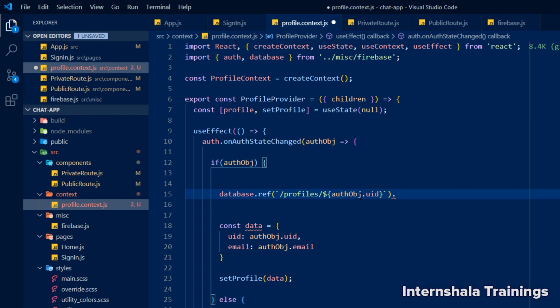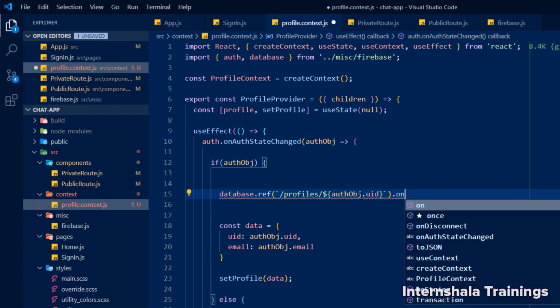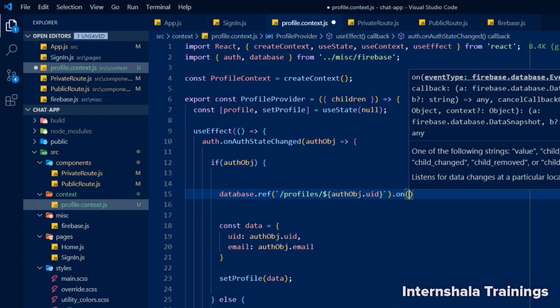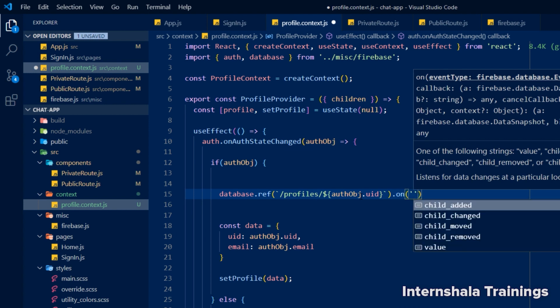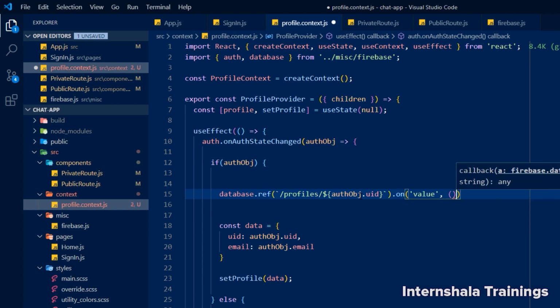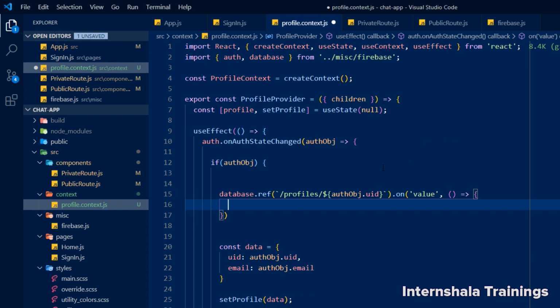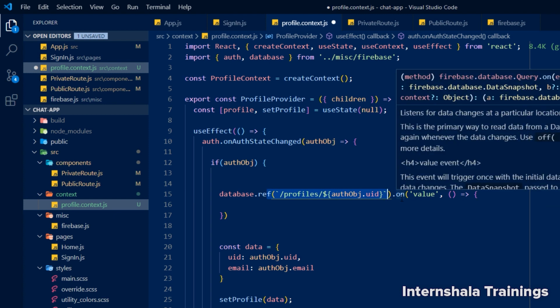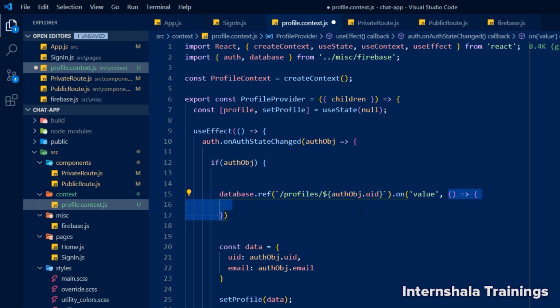To put a real-time subscription on this data, we need to put on, then we need to call it as a function, and first argument we need to specify the target, the event, let's say. So on value, we want to execute this callback. So whenever our data at this path inside database changes, like anything, this callback will be fired, every time, and we will receive a